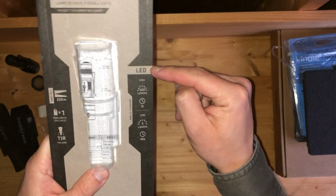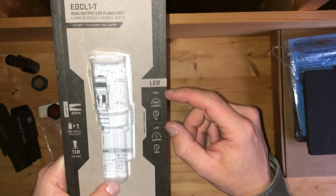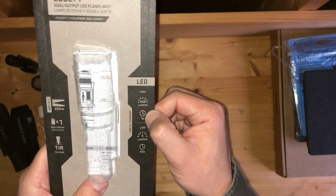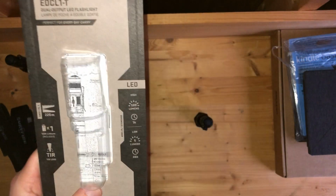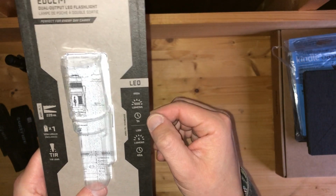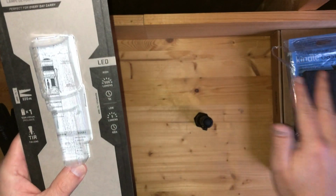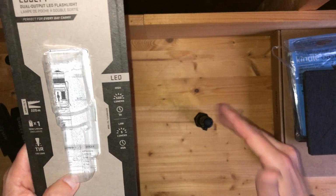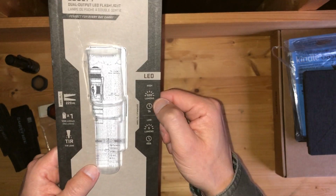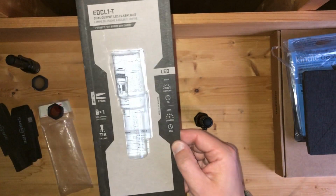It's a LED, not an incandescent. Here in 2019, high of 500 lumens. One battery gets you 500 lumens, the day in which we live, for a whopping 1 hour. So 1 hour, 500 lumens. I'm not sure on a light chart or graph when that starts tapering down or stepping down, I think is the proper word for it. But it's advertised as 500 lumens on high. And then 45 hours